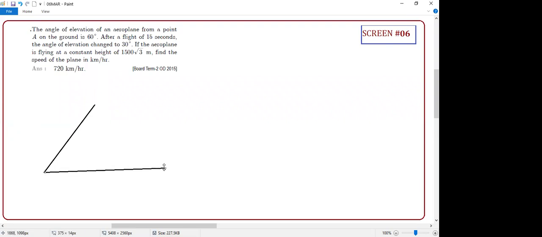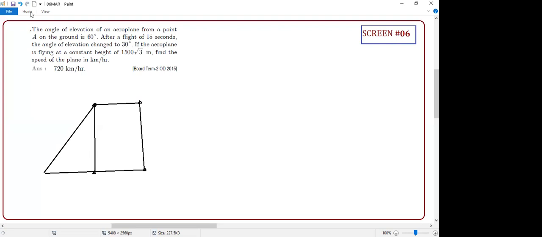What's happening? The angle of elevation of the aeroplane from a point A on the ground is 60 degrees. After flying 50 seconds, guys, same thing. The same story is starting, correct or not? I think after doing the problem, you feel that this is not difficult. It is all a repeated pattern. Agree or not, Shivani? Yes, sir. Normally when we see these kinds of questions, we think, oh God, how to deal with that? But the moment we understand, we should be happy. Same mantra.